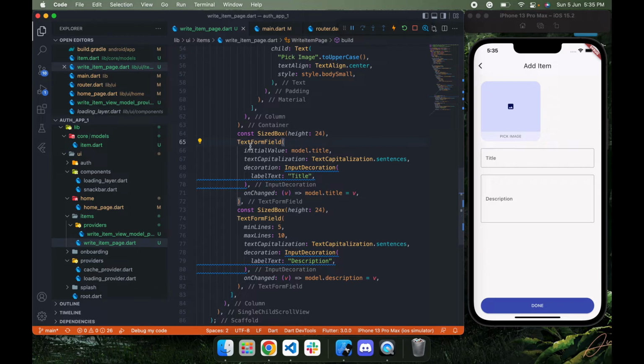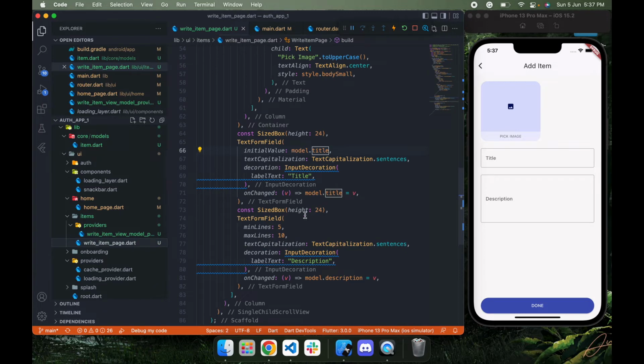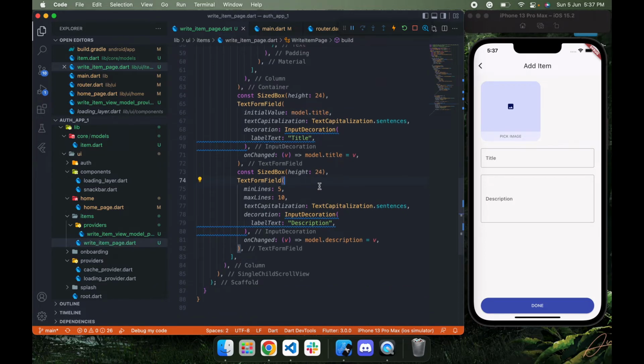Means while editing, this field gets filled with the initial value of title. So, initial value